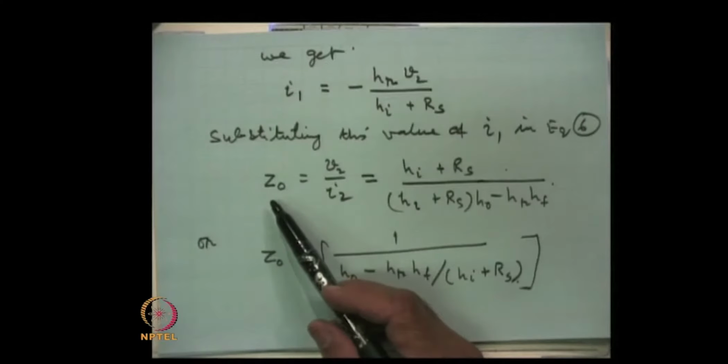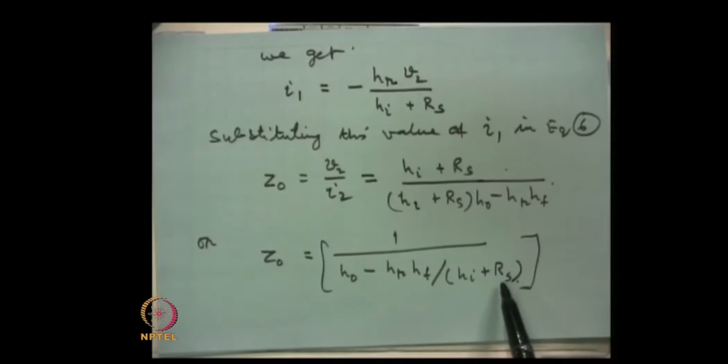This is the expression for the output impedance, and this shows that output impedance depends on the value of R